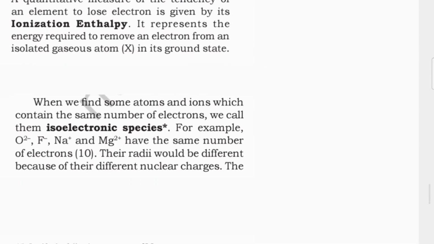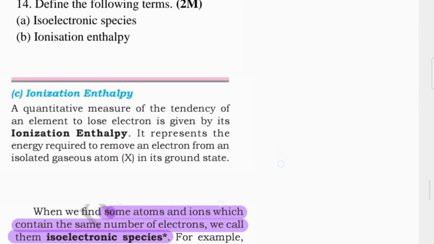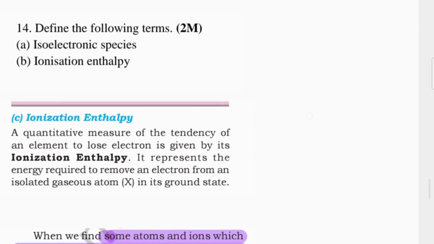So isoelectronic species, the direct definition is given: the atoms and ions which contain the same number of electrons, we call them isoelectronic species. Here they are not asking for any examples, so we are not going to give any. It is a 1 mark question. Second question,